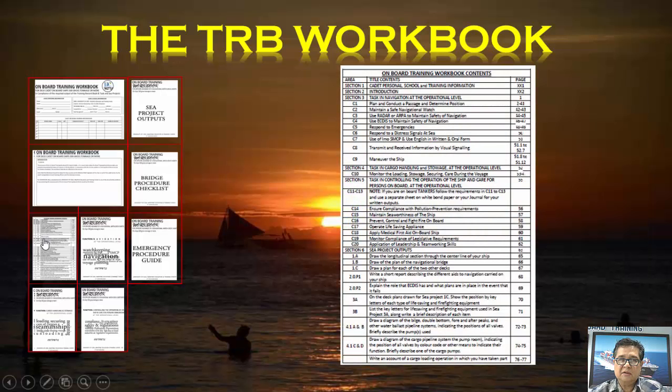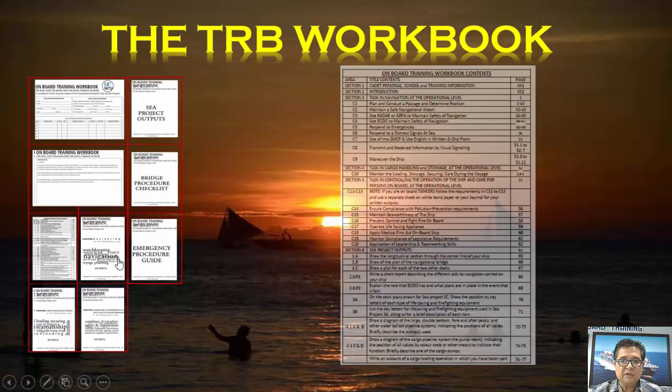This is the table of contents. Just like in any book, there is a table of contents. As you can see, there are C1, this is competency, section 3, section 4. In every competency there are also C projects in the table of contents. So the next page is now the